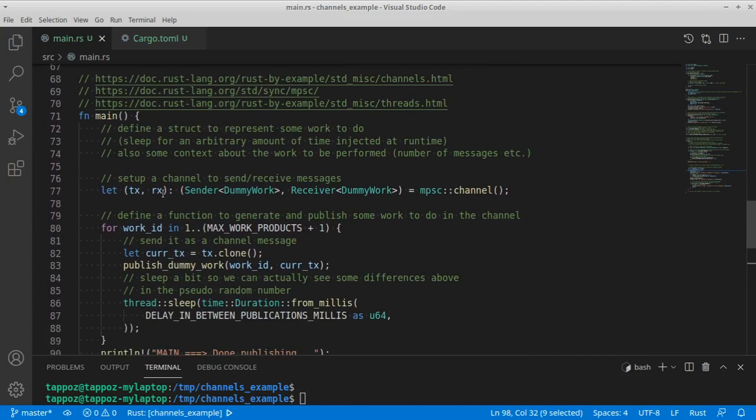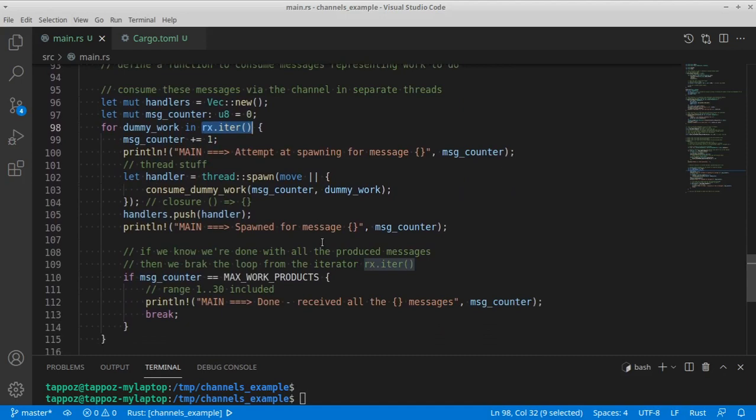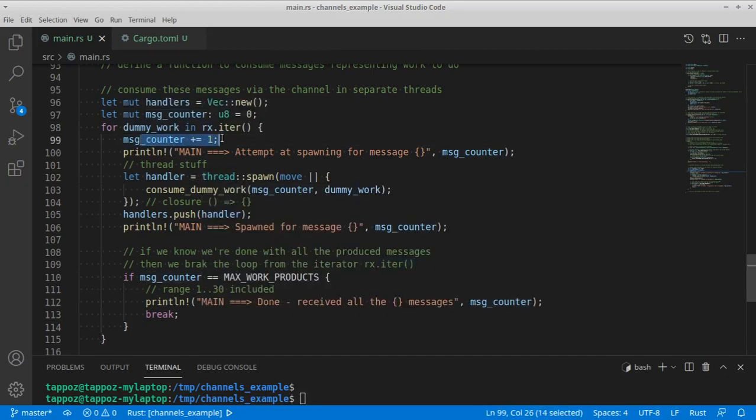So the receiver channel can constantly produce new messages according to the fact that something has published these messages. So we keep looping until we have messages to consume, and we take a note of how many messages we have consumed so far. And here we see that basically we are spawning a new thread with a closure that just invokes this consume